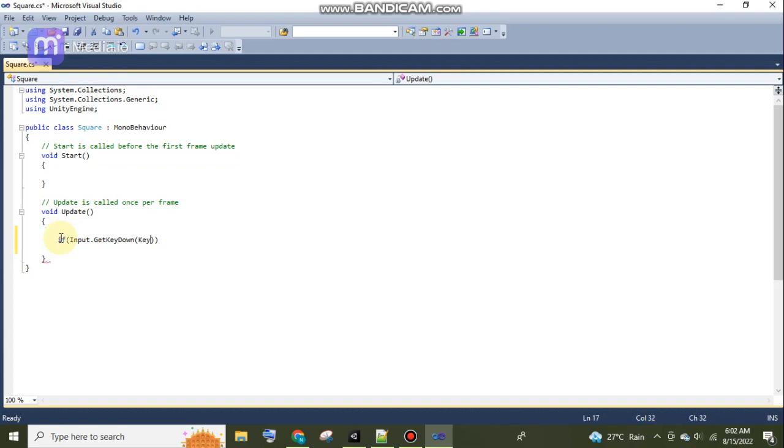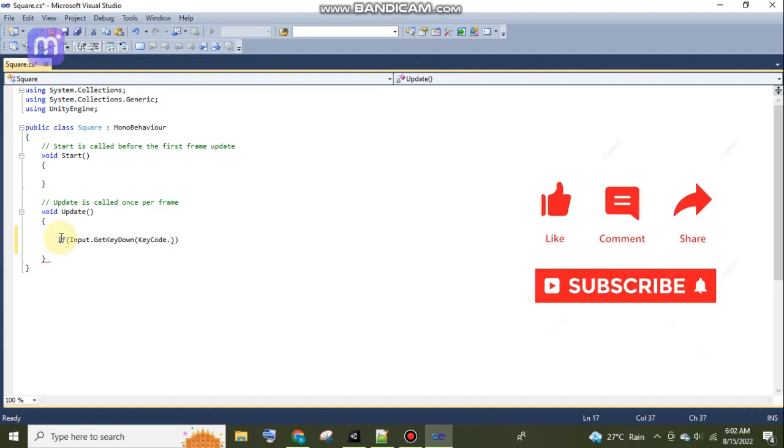So KeyCode.LeftArrow. This is the key which I have specified, as now I am making the code for the left arrow key.